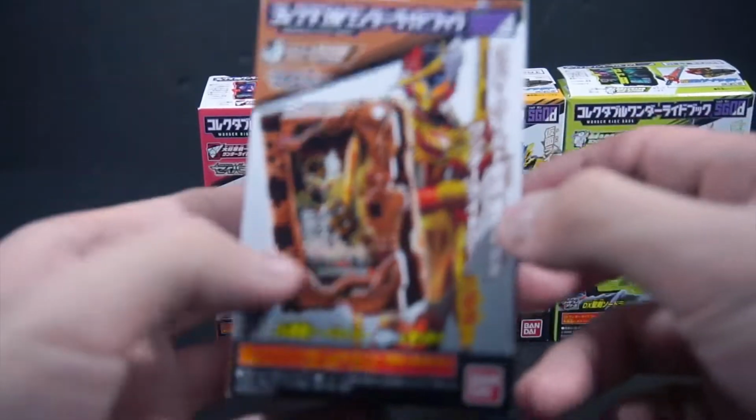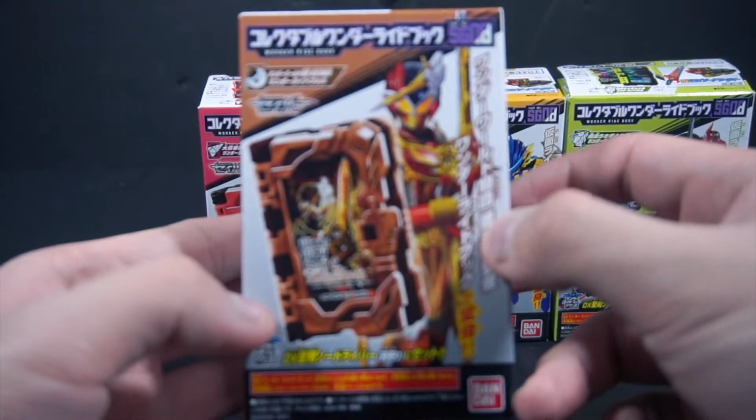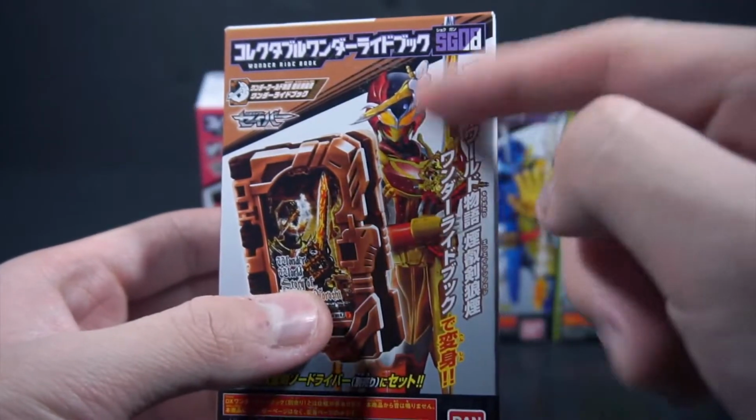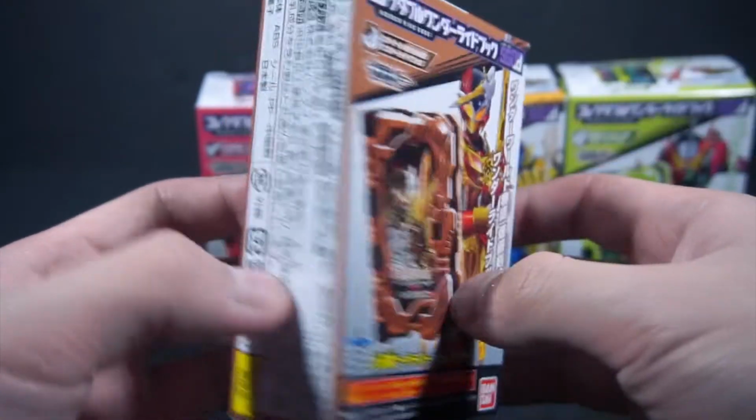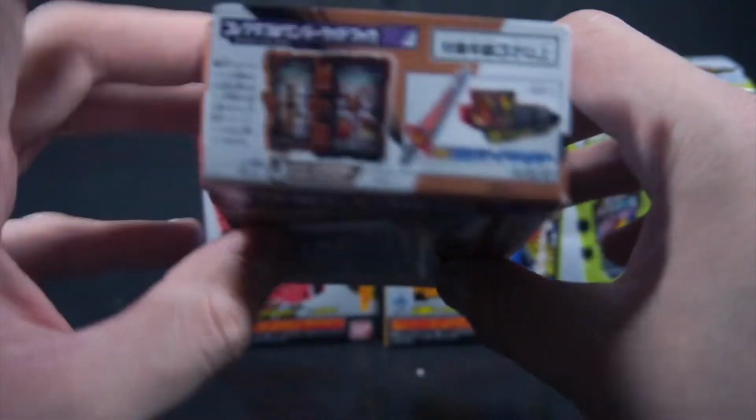So, as we can see from here, we got the typical box layout. Sabella's, sadly, is just a render and not an actual suit picture. And again, she was probably last minute. And then, do I still have the candy? I don't remember. But,